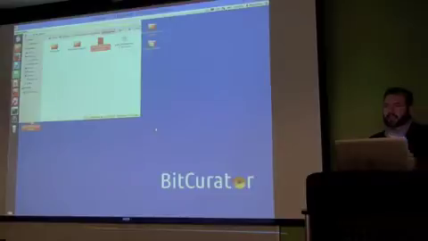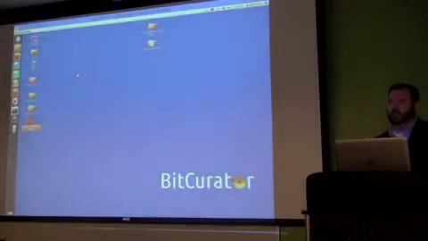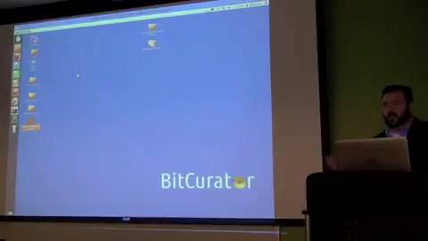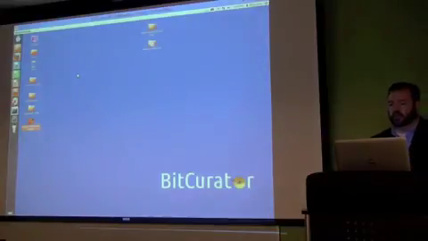So once we've created the disk image, we want to be able to process that disk image and use the digital forensics tools that are included in BitCurator to further analyze what we have on the disk and produce the useful metadata that might find its way into a finding aid or into some other document that helps us research what is